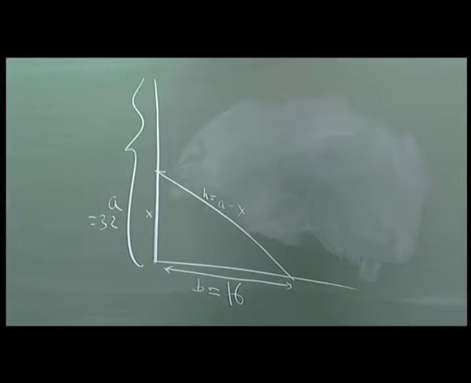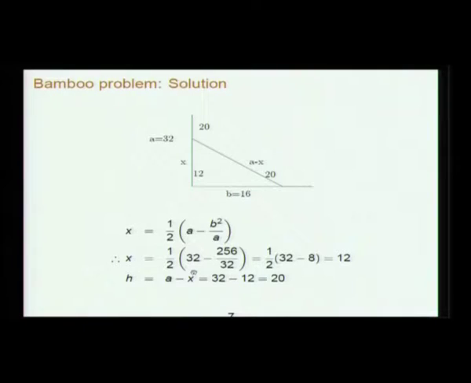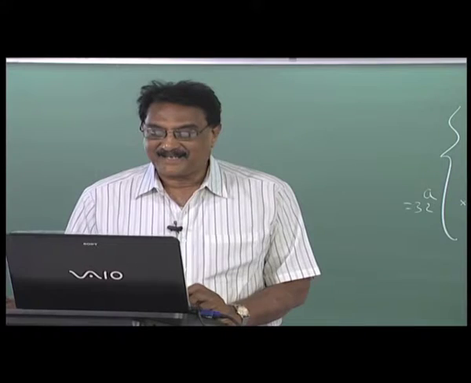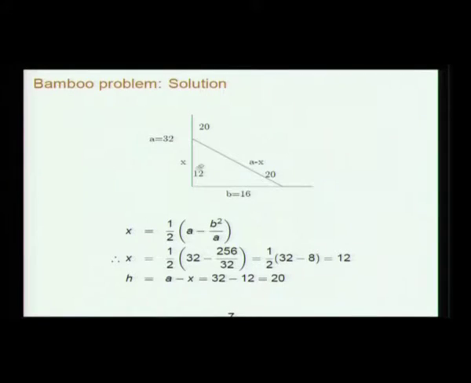Danta is 32 teeth, pani is hasta, so that is the cubit, pramana, yeah, danta pani pramana. So, that will of course satisfy the criteria meter also, and sounds nice. So, here finally the solution is x is equal to half of a minus b squared by a. So, half of a is 32, b is 16, so b squared is 256 by 32. So, this will be 12, and h is a minus x, 32 minus 12, is 20.